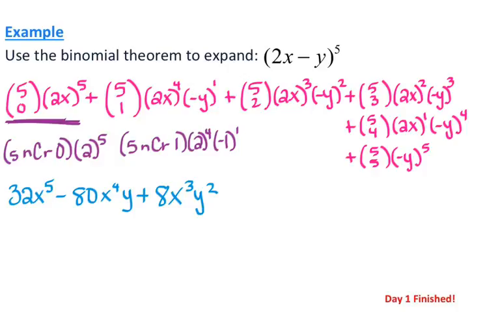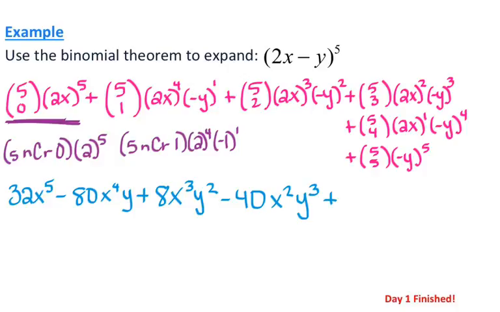And then for the next term, it's 5 choose 3. And what I'm doing in the calculator is I'm just editing what I already had typed in. That way I don't have to retype everything. Makes it go by a little faster. So my next one ended up being a -40 when I plugged it into the calculator. So -40, and that's x squared, y cubed,